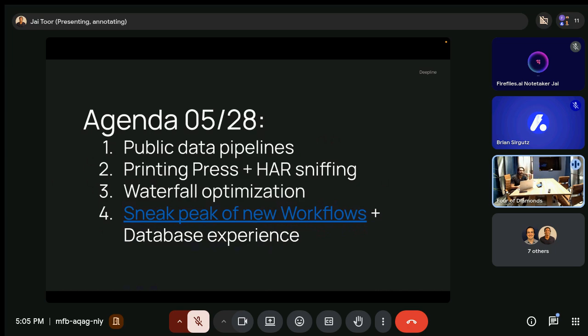Examples that I was planning to run through today. First is public data. How do you find niche signals that are not necessarily obvious, especially in markets that you might not be an expert in? A lot of folks in the GTM space are consultants going into a company that might have a really niche product. We've done stuff for mining safety companies. This one that I'm going to walk through is grocery store tech for independent grocery stores.